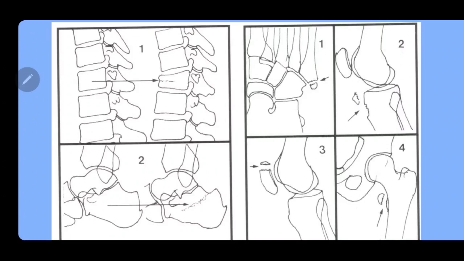So in most cases we have some compression and impaction of this bone tissue, and the healing of the fractures is usually good, but what we should do is restore the height of the vertebrae if it's possible,